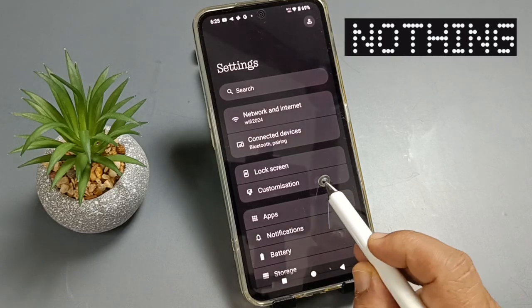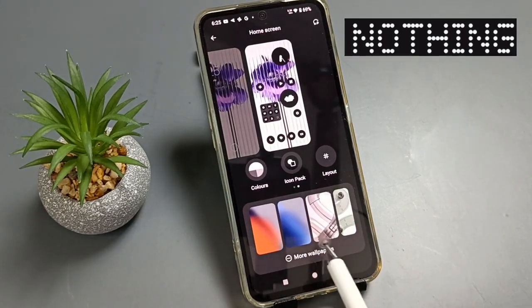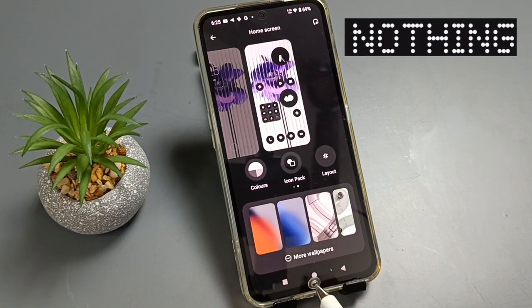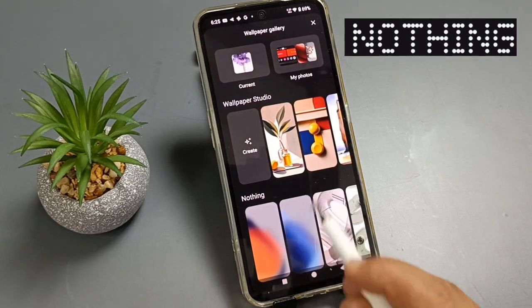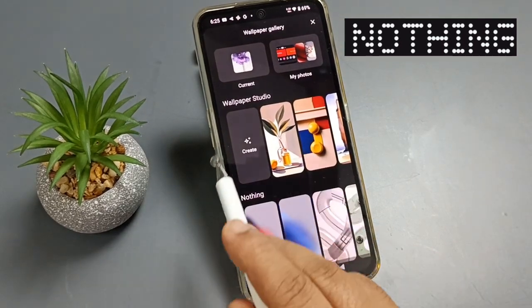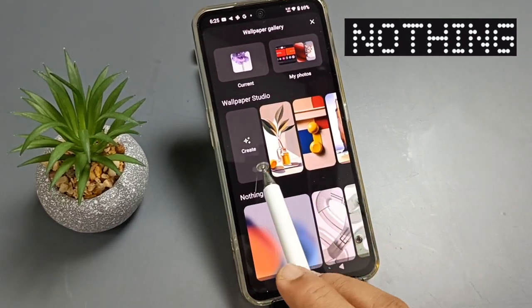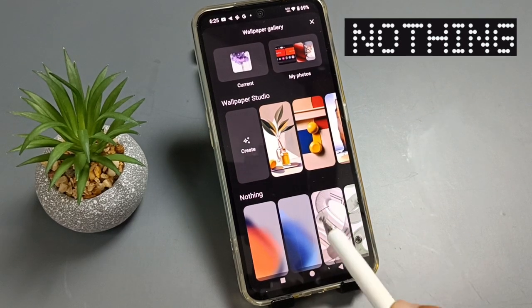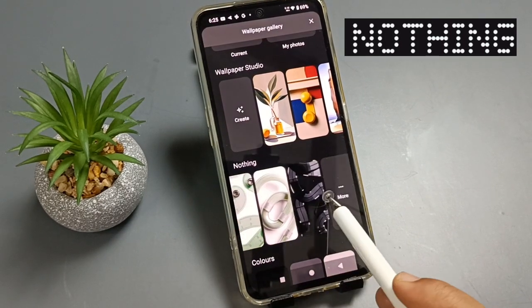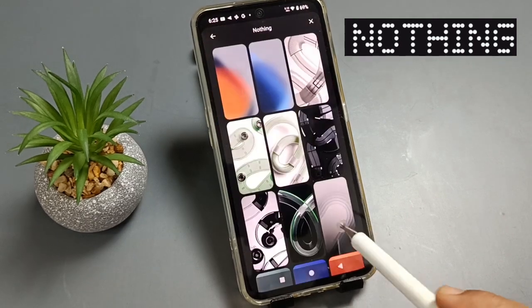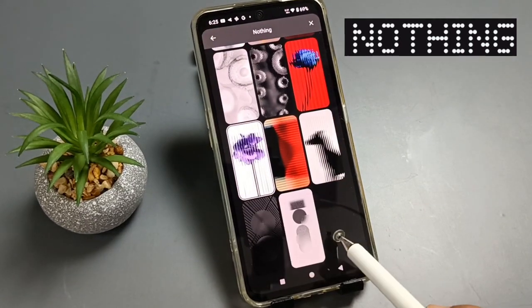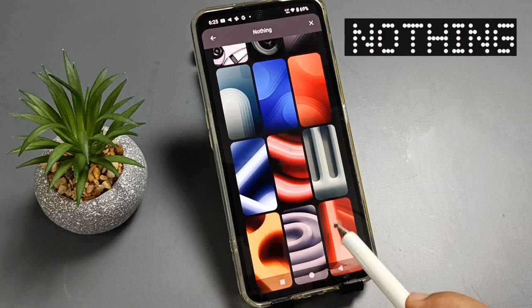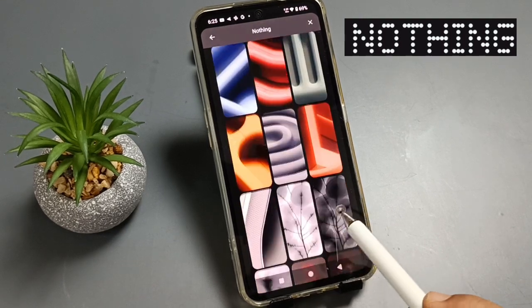Simply go to settings, tap on customization, then here you can see some wallpaper. Tap on the option more wallpaper. So here you can see lots of wallpaper. So if you select this one to create, then it will create the wallpaper with the help of AI. Otherwise you can see the Nothing wallpapers here. Tap on this one, you can select any Nothing brand wallpaper. So here I am going to select